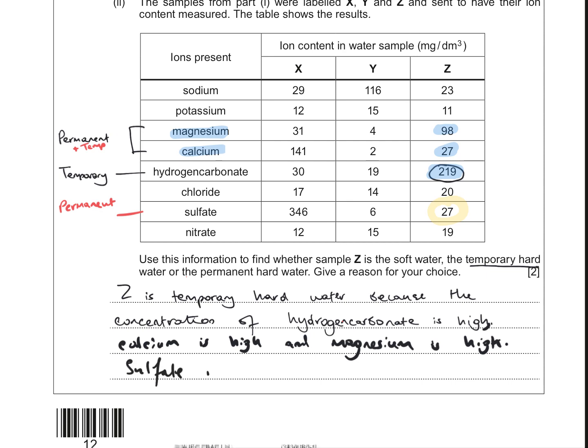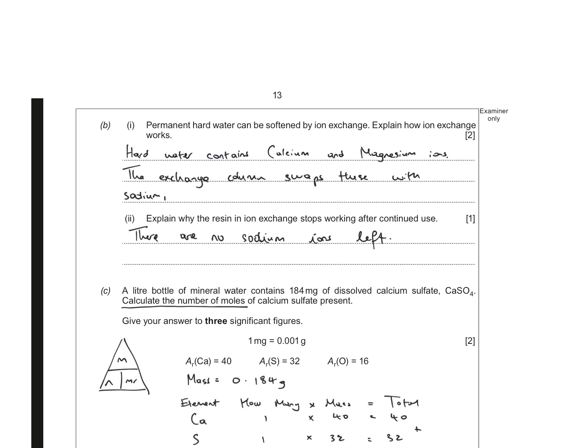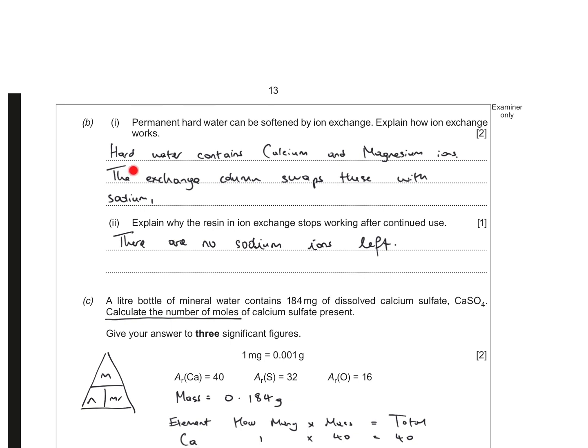Sulfate is low, so it is not permanent. Permanent hard water can be softened by ion exchange. Explain how ion exchange works. First mark, hard water contains calcium and magnesium ions. Second mark, the exchange column swaps these with sodium. Explain why the resin in the ion exchange stops working after continued use: it's because there's no sodium ions